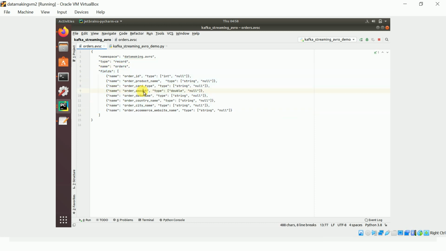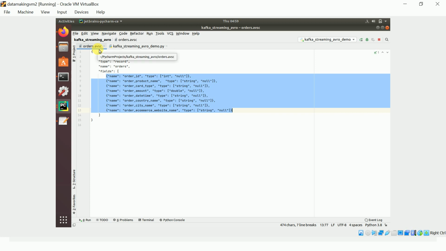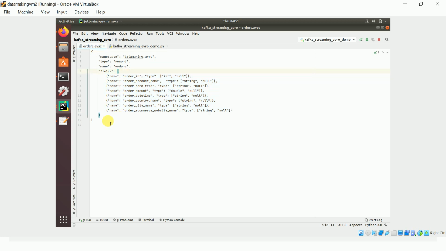For each field you give the name and a type, whether it is an integer or string, and whether it is nullable or not. It's the same as the struct fields before, only the format of the definition is different. We can give the extension as orders dot avsc. This is the schema for your Avro data.